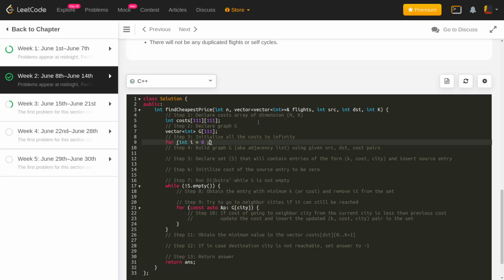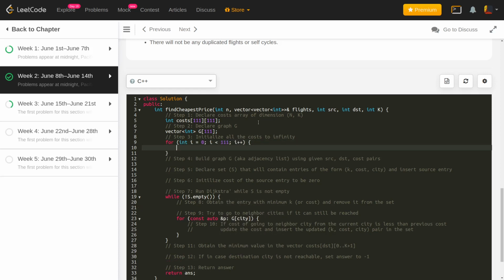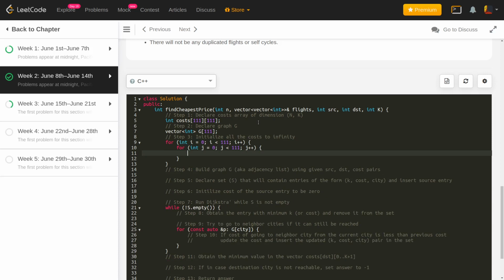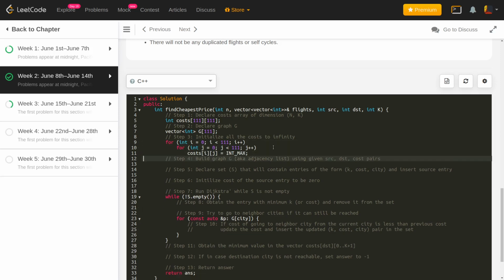So that's going to be i equals 0, i less than 111, i plus plus. And all the costs that I have, I'll be initializing them to INT_MAX, okay, because that's what the infinity is in C++. So all the costs initialized to INT_MAX is what we have done here.